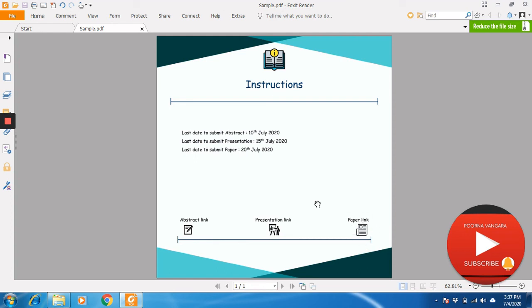Remember that here we are not inserting a URL as an image; we are just inserting the URL in the PDF at some location. That location we are choosing like an icon. Wherever the icon is, that place we are choosing to insert the URL. So with this kind of setting, you are giving a professional look.